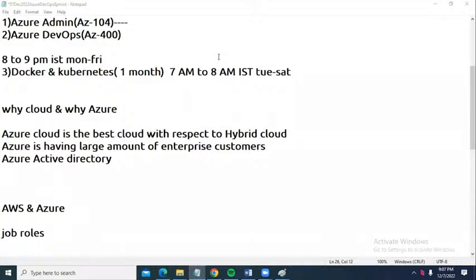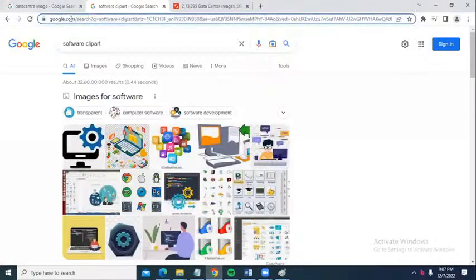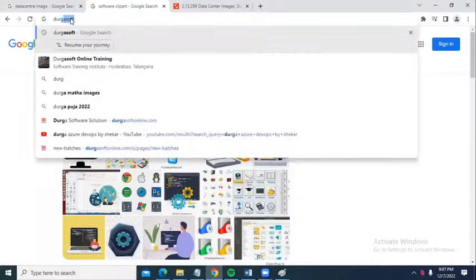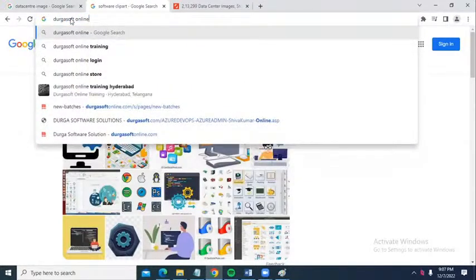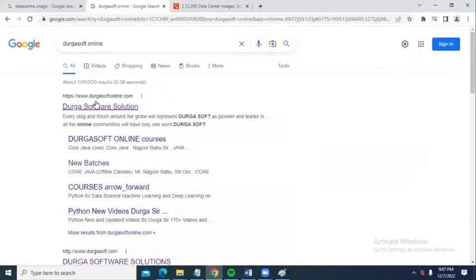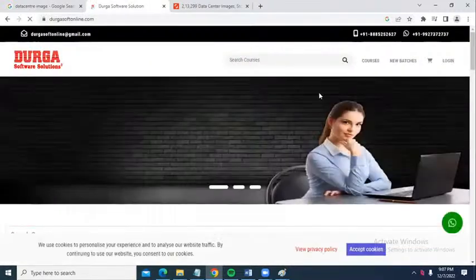There is a number they have given in the advertisement. If you search for Durga Soft online, the link is there. This is the number.